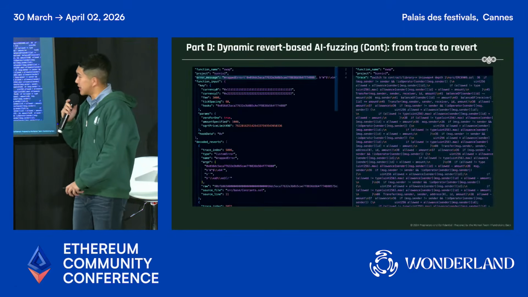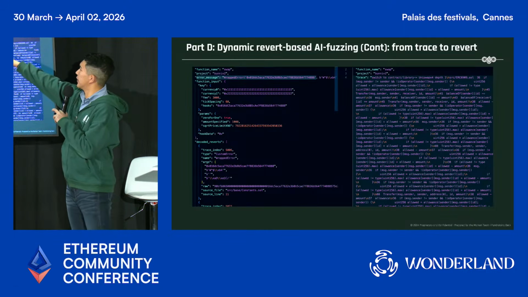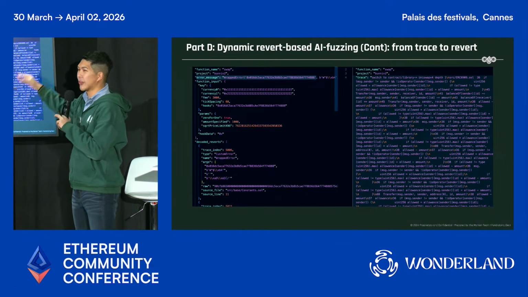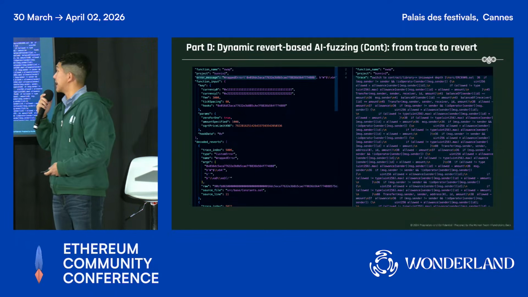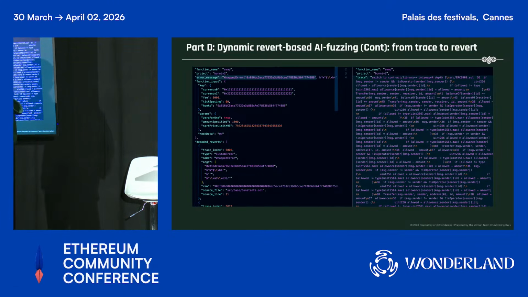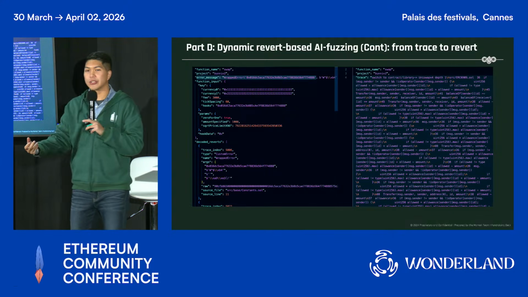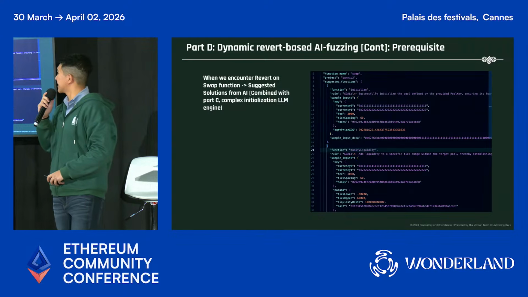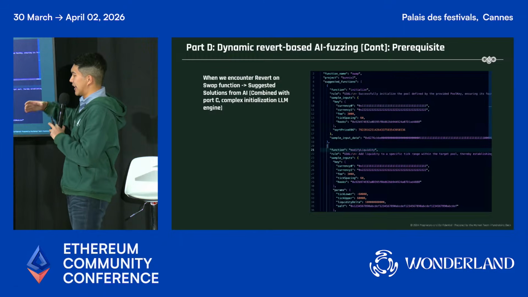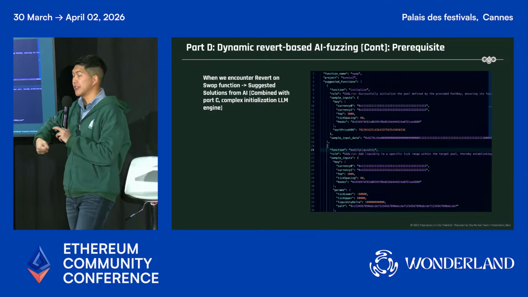So what we need to do is convert that call trace into a more semantic trace, where we have the deployment of this contract, then the call on this, and the whole call trace logic, to let the LLM understand better what happened. Once we have it, we can ask the LLM to generate what the error message is. We see the error message here, and because of the error message, it will suggest what to do next. So this is basically the whole flow from revert: we query the engine because the fuzzing process doesn't work. We call the revert, and we let the LLM help us go to the next phase.